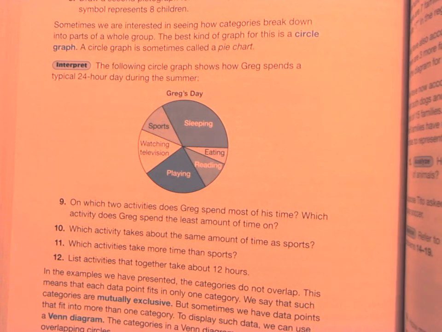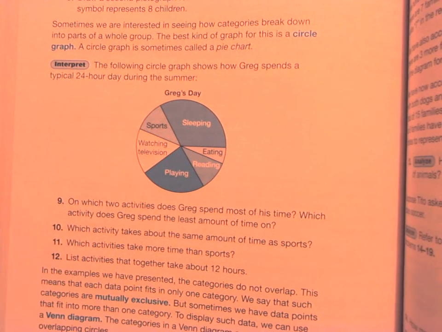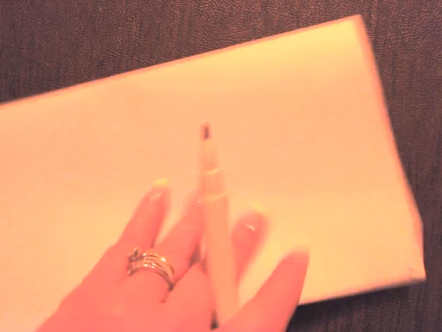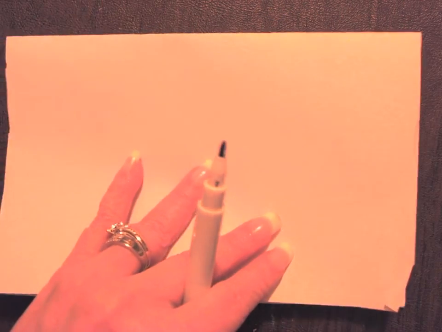Now, when we look at that stem and leaf plot, I'm just going to do this on this paper here. A stem and leaf plot basically takes numbers and breaks them into their tens column and their ones column for right now as the data that we're going to look at. So let's say we were